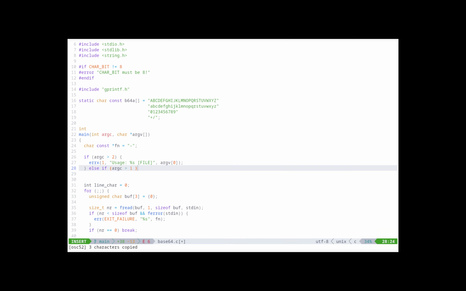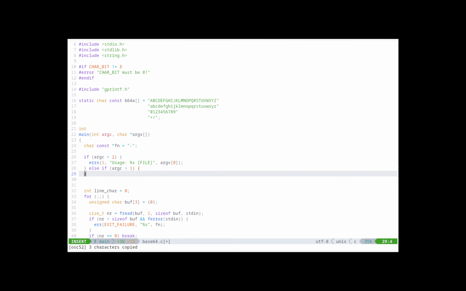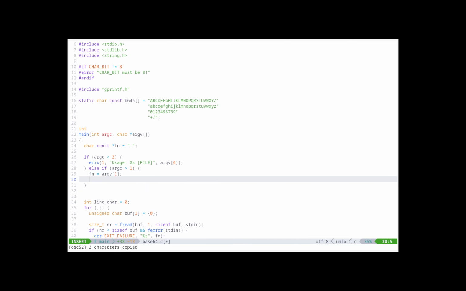So that's the error case, and then here's the case where we have an argument. Remember, argc is the total number of arguments, where the first argument, argv[0], is actually the name of the program itself. So in this case, we have a program that takes in one argument. When argc is 2, we have one argument to our program, and it's stored in argv[1]. Okay, so fn is now argv[1] instead of a dash, and then we're going to go ahead and try to